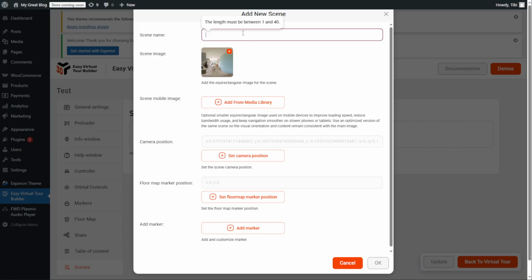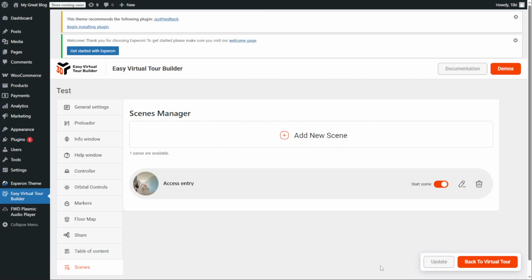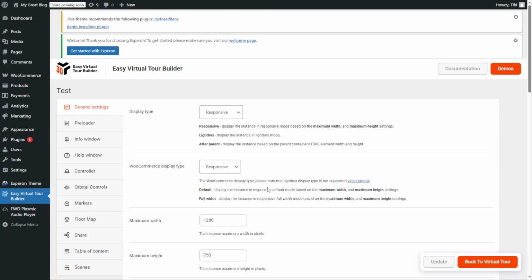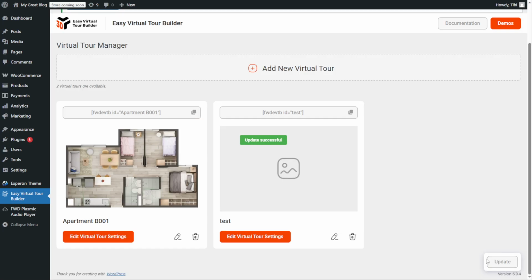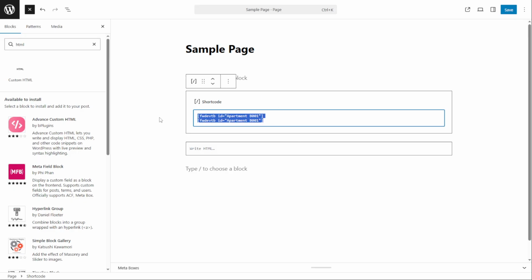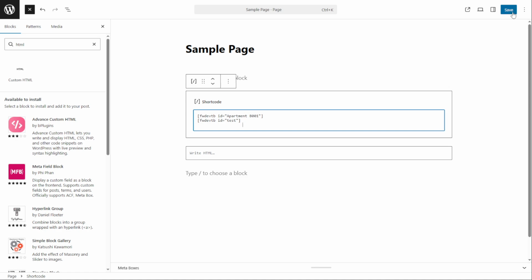Let's give it a name. Okay, so we have this, and let's give it a different dimension. I will set the maximum width to 400 pixels and the maximum height to 800 pixels. I want it to look different. So back to this part, let's add it again, and let's copy this shortcode, add it here, save,